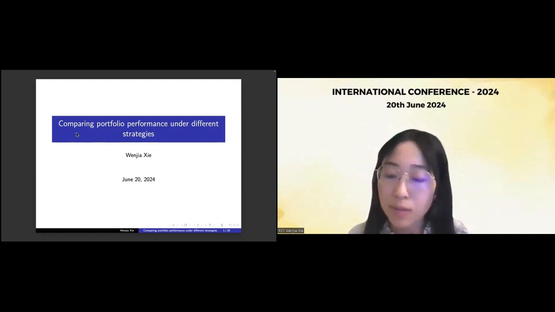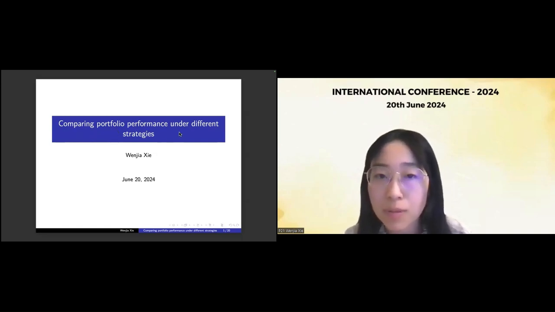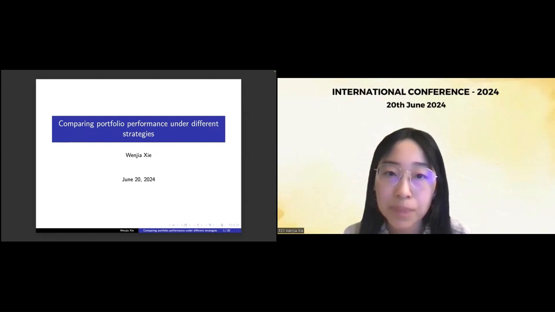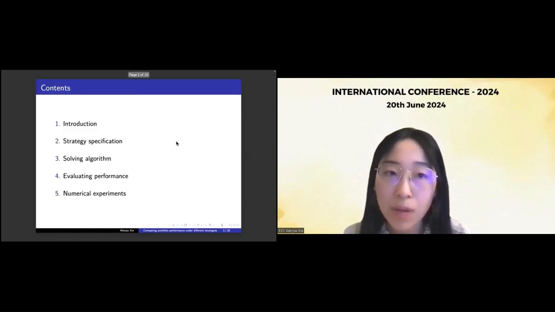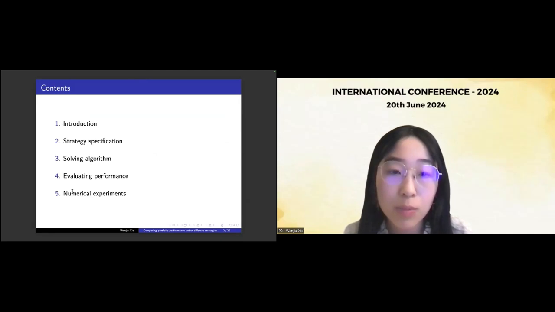My presentation title today is Comparing Portfolio Performance on the Different Strategies. Here are the contents. The first part is the introduction, and the second part is strategy specification. The third part is solving algorithm. The fourth part is evaluating performance, and the last part is numerical experiments. First of all, let me give some